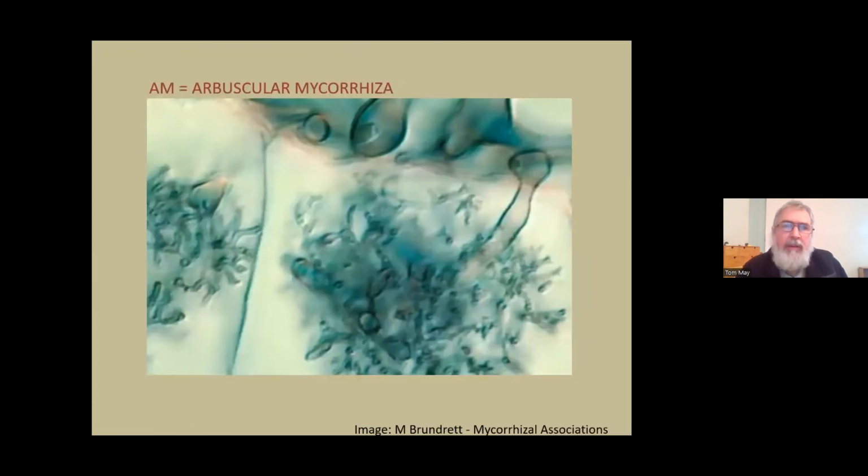The other kind of mycorrhiza, one of the major types, is the arbuscular mycorrhiza. And here we have a plant cell. So there's a microscope shot of a plant cell. And this is the fungus forming this wonderful arbuscle, which just means a little miniature tree. So this is a point of movement of nutrients between the fungus and the plant.